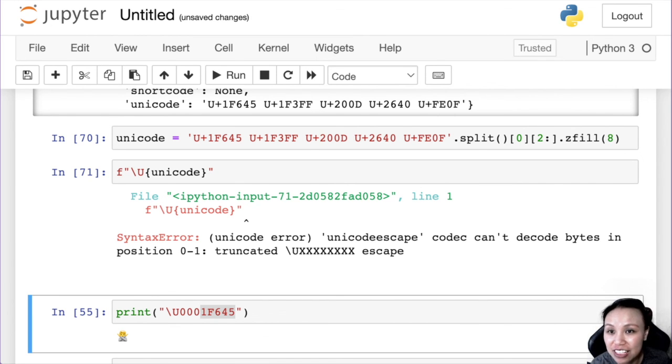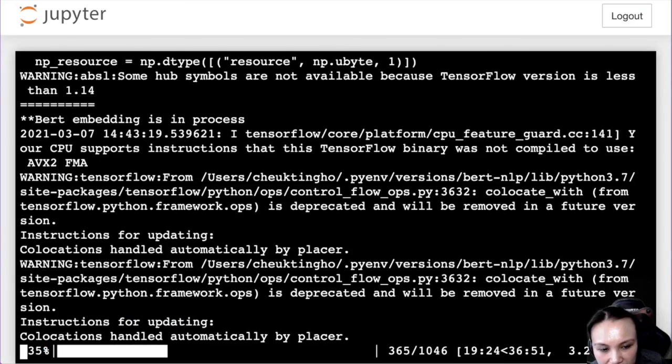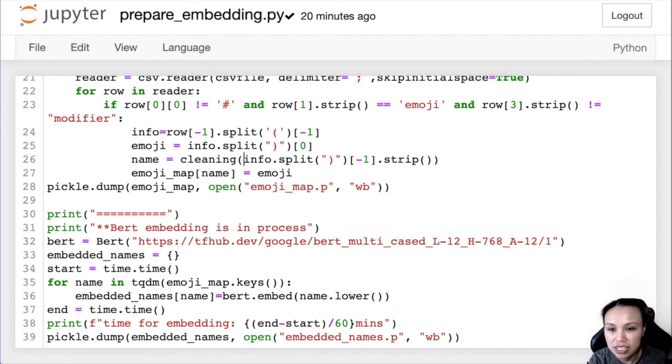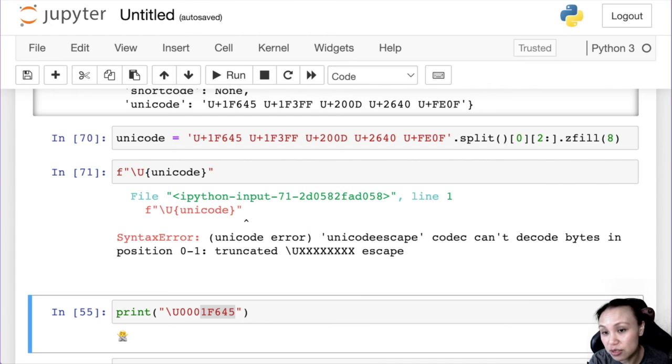Okay, anyway, it's getting so long now. I would figure this out later. And this is still running, so I think I'll have to show you next time. I don't know why it's taking so long. Maybe it's the nature of it. And yeah, let me keep on struggling with this.